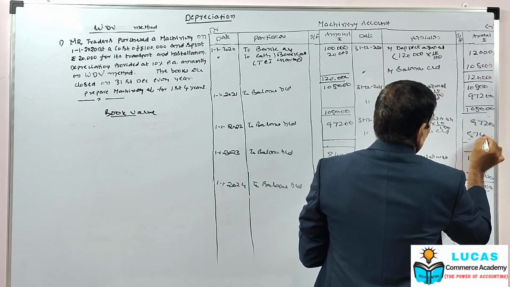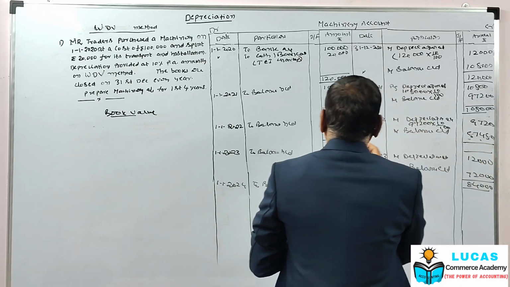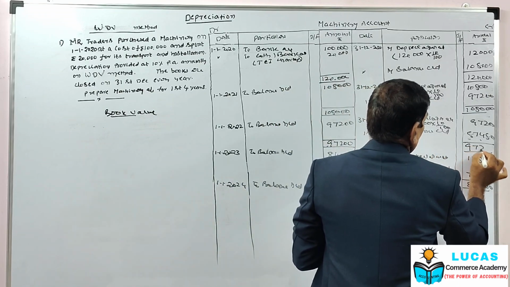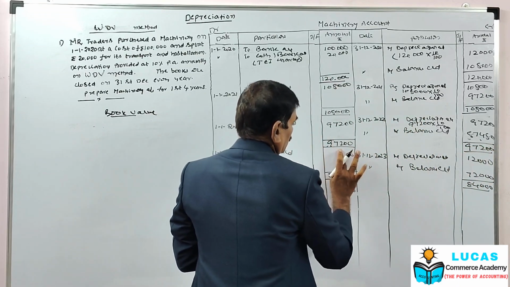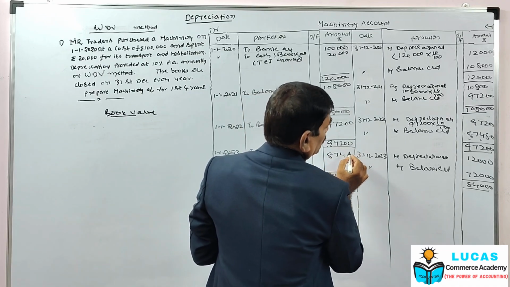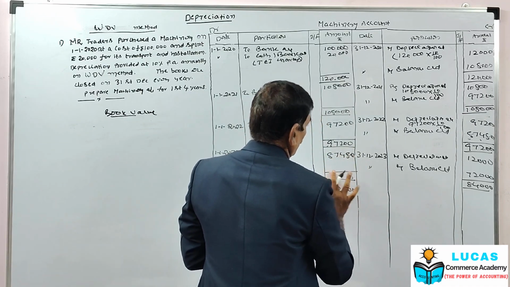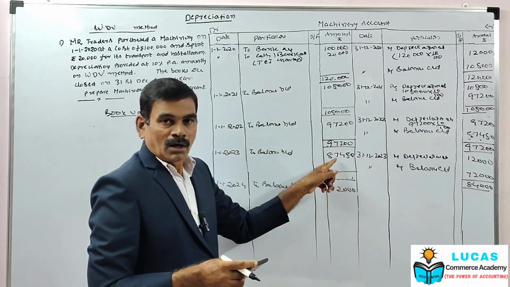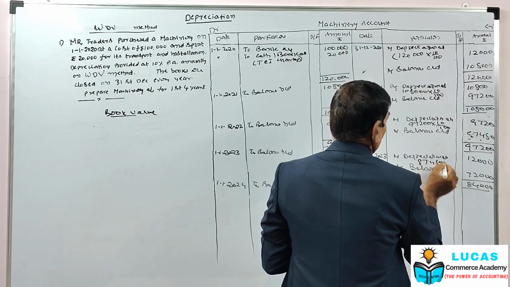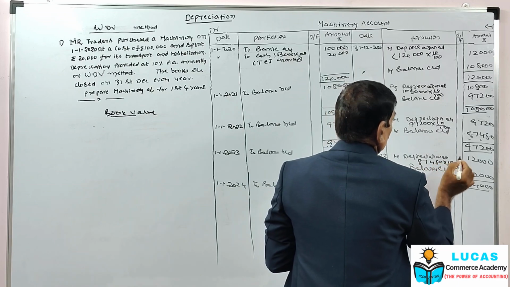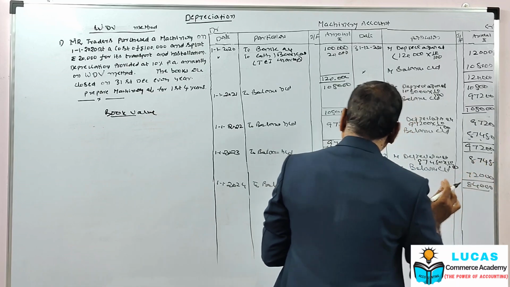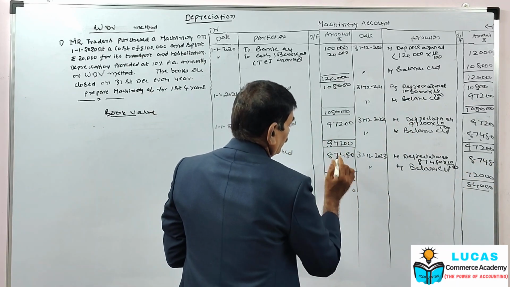87,480. Then the total 97,200, brought forward 87,480. Okay, so this is the book value. On this, we are going to provide depreciation, 87,480 into 10 by 100. So that means 8,748. Then the total is